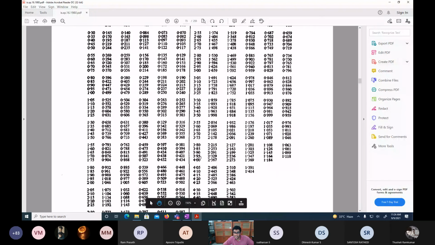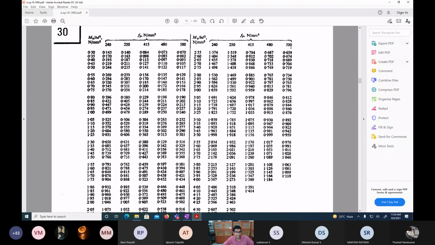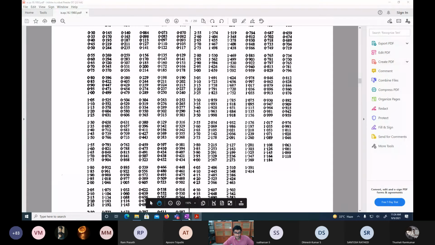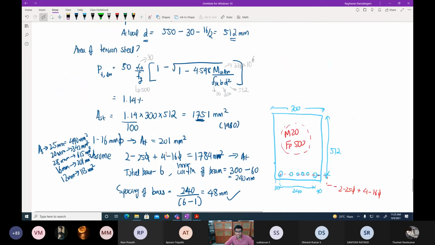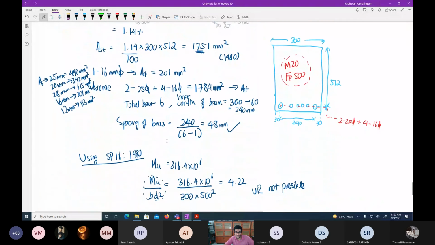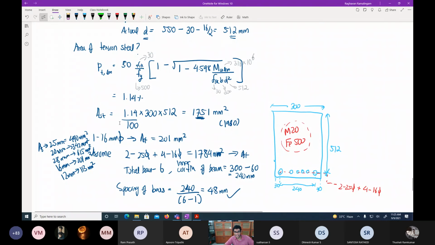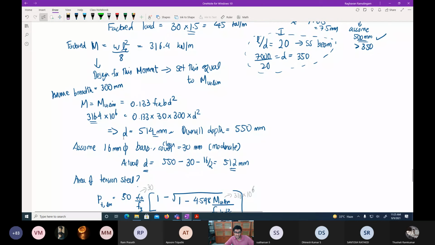In fact, our table ends at 4 for fy 500. Meaning that according to that table, it's not possible to have an under-reinforced section for 500 mm effective depth. So that's what this is actually saying. Anyway, we have designed on the border for this problem. We are exactly on the border, and found this depth which we had taken, 514. So we have actually designed it right on the border.